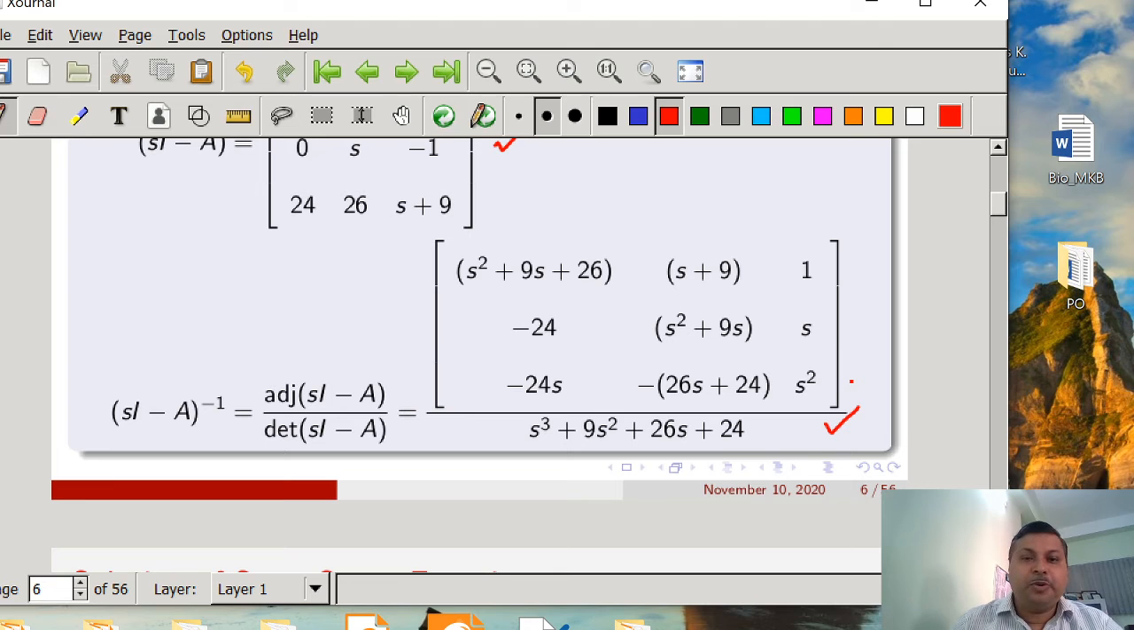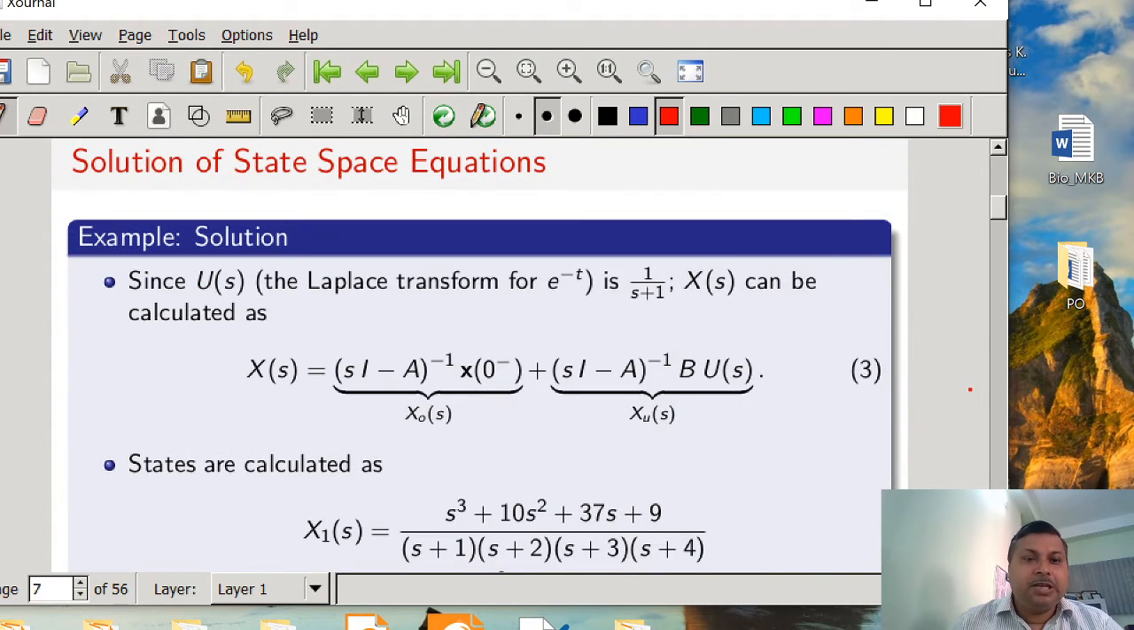Now we want to compute X(s) using the formula we have stated, and to know X(s) we have to know U(s). So u(t) is given as e to the power minus t. So u(t) here is e to the power minus t, and U(s) we can compute very easily: that is 1 by s plus 1. So now